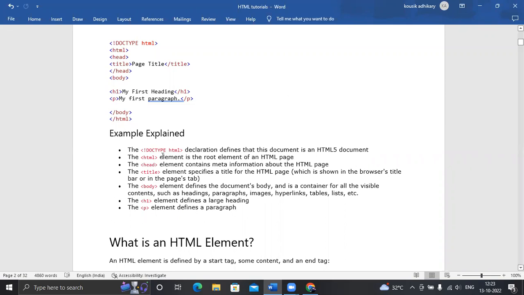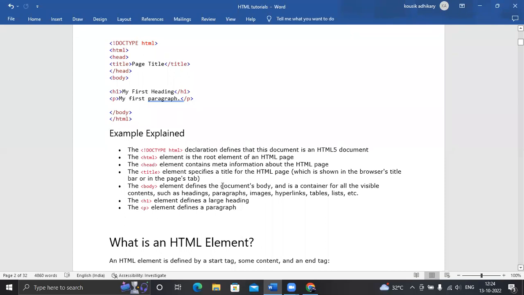The head element contains meta information about the HTML page, that is the page title. The title element specifies a title for an HTML page. The body element defines a document's body, the body of your web page.